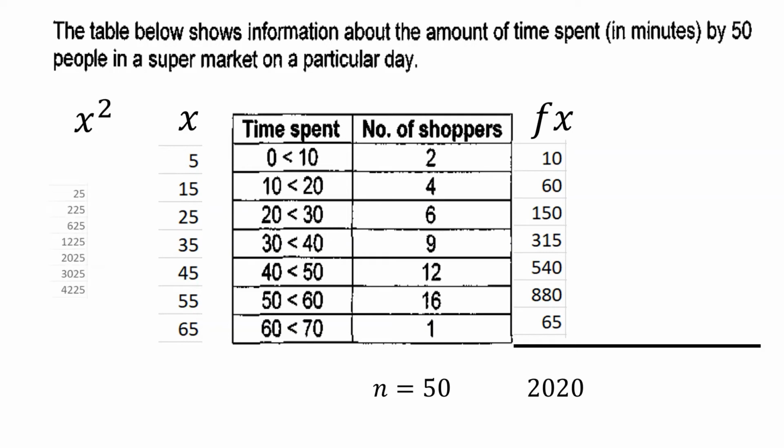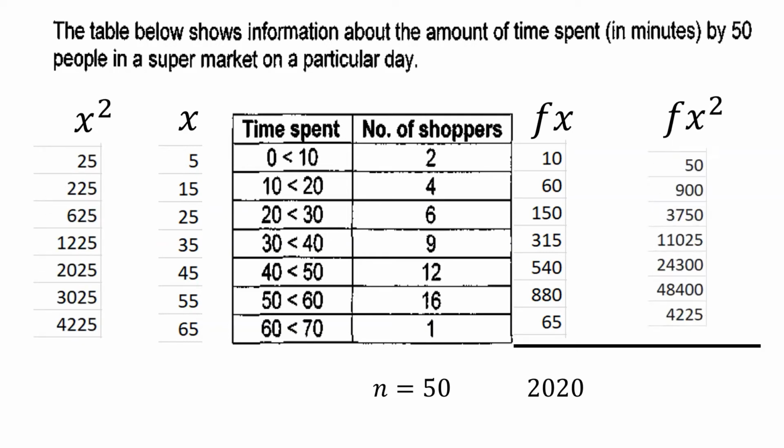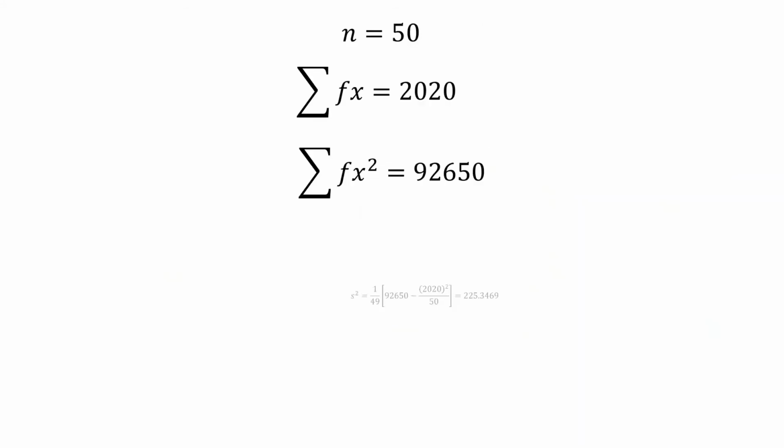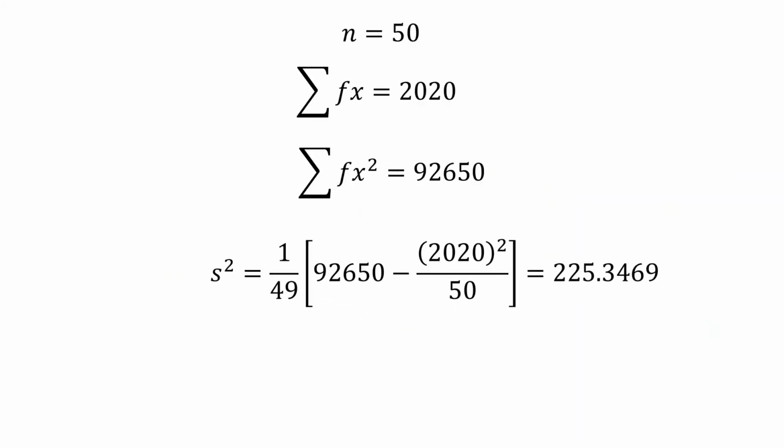x squared are as follows. fx squared are as follows. Sum of fx squared is equal to 92,650. s squared is equal to 1 over 49 multiplied by 92,650 minus 20 squared divided by 50, which is equal to